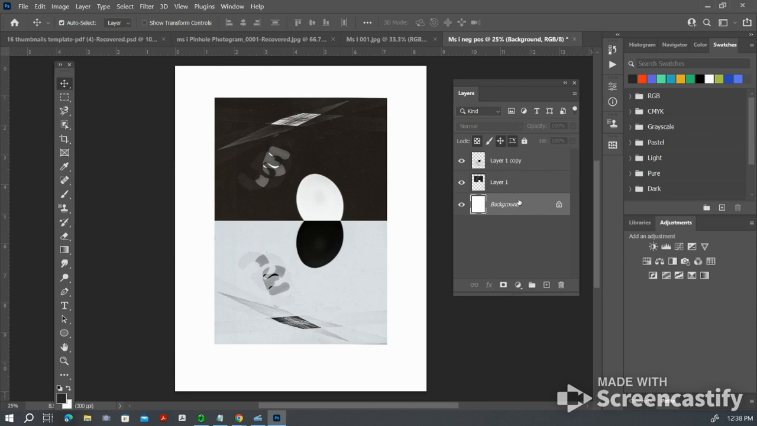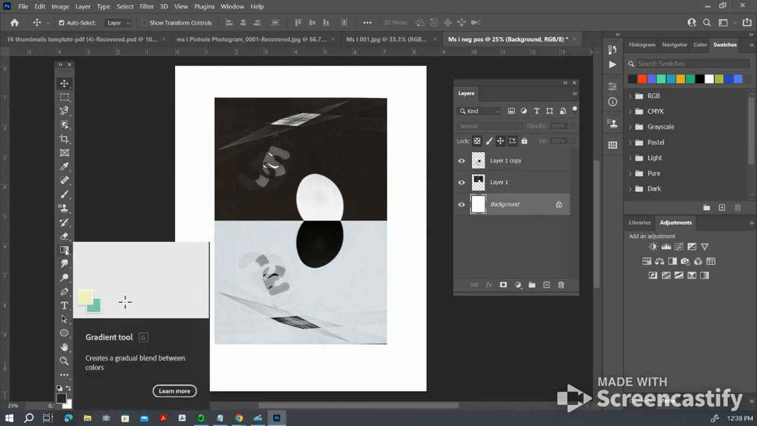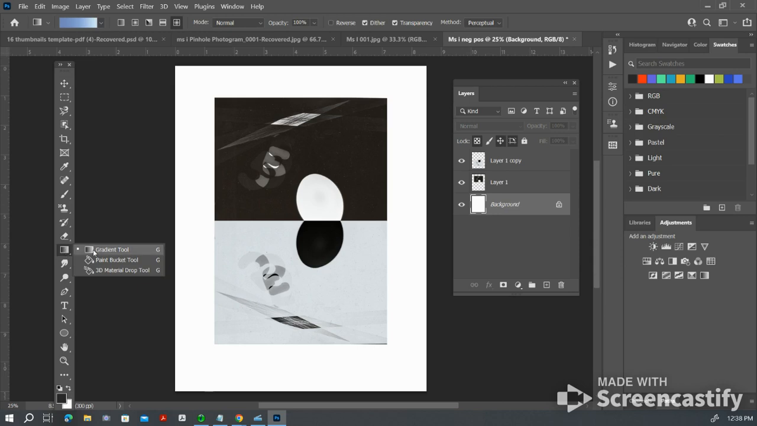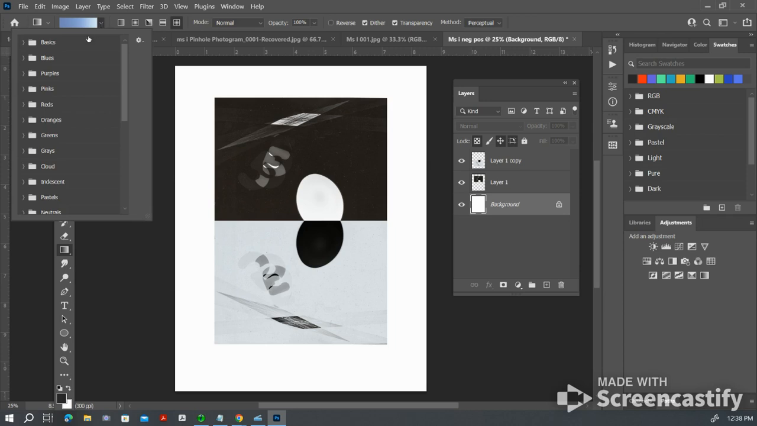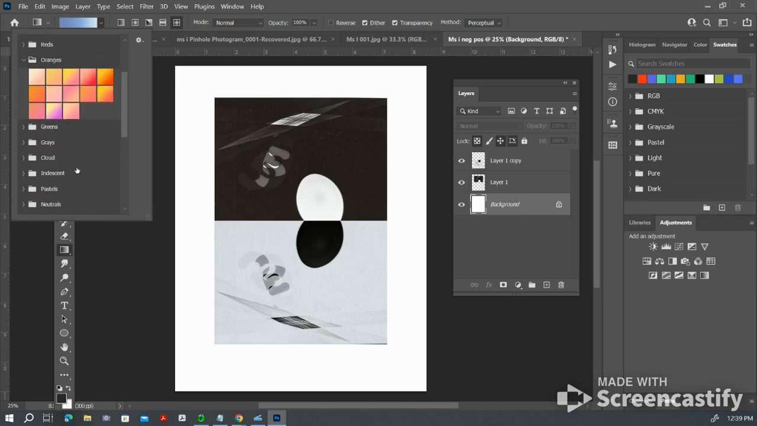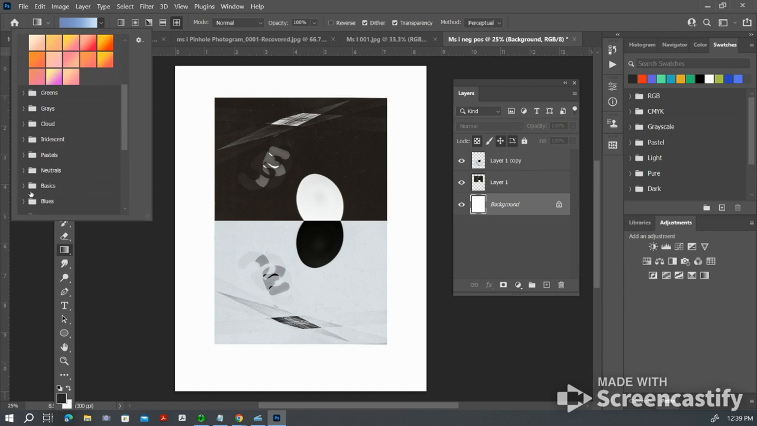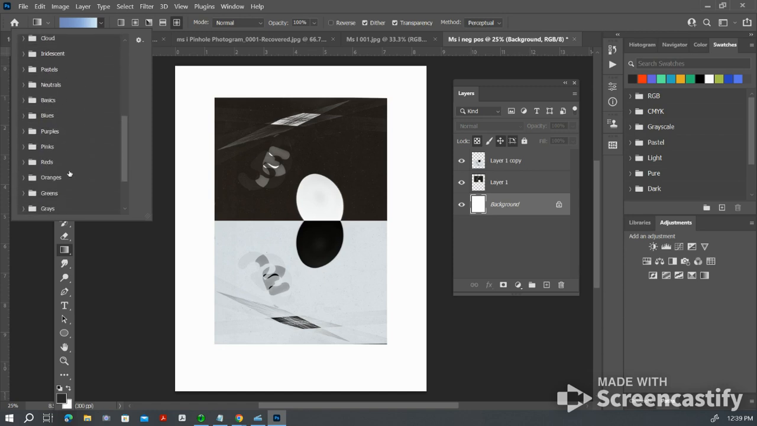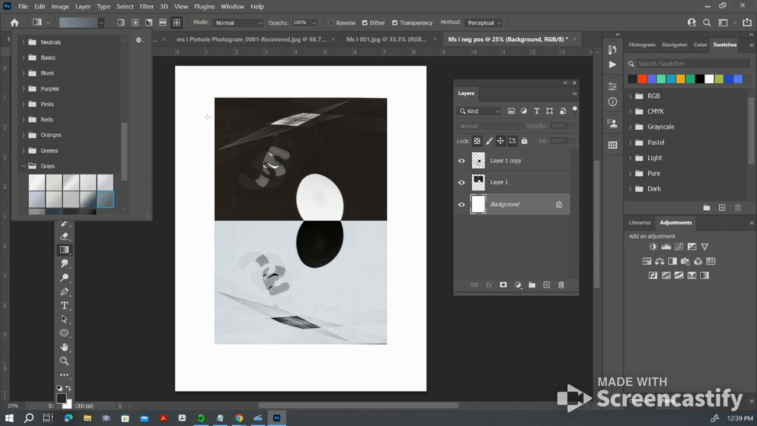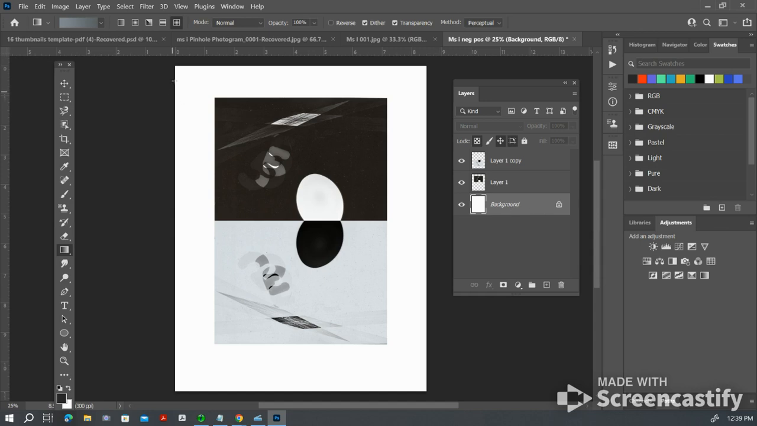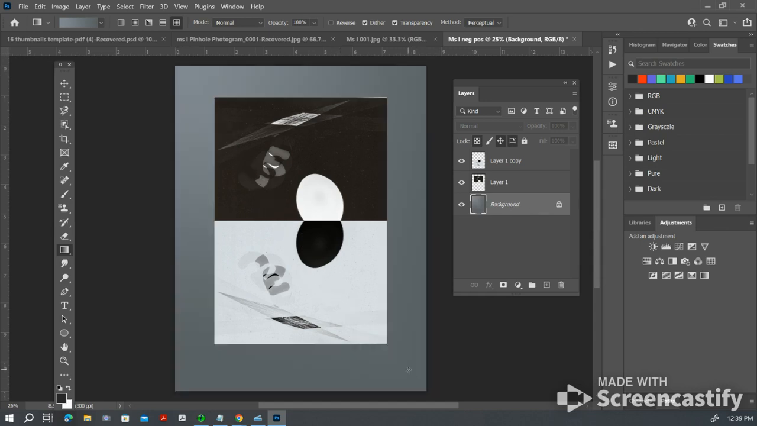So I'm jumping down to my background layer here. My gradient tool is right here. The gradient will fill the background layer, and you can click on the options for the gradient. If you go to basics, you can open up all the basic colors, or if you want some very specific colors like oranges, greens, etc. I'm just going to go with, I think there were some grays in here that I liked for this, so I'm just going to go with a standard gray. And then as long as I'm in my background layer, as I click and drag across, it will fill my